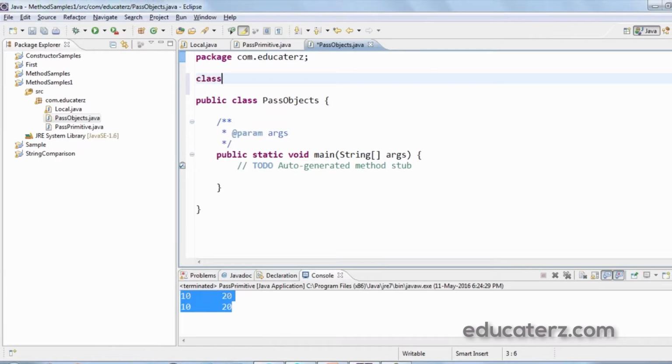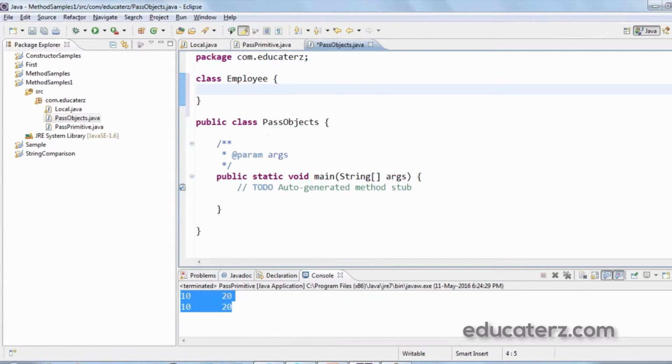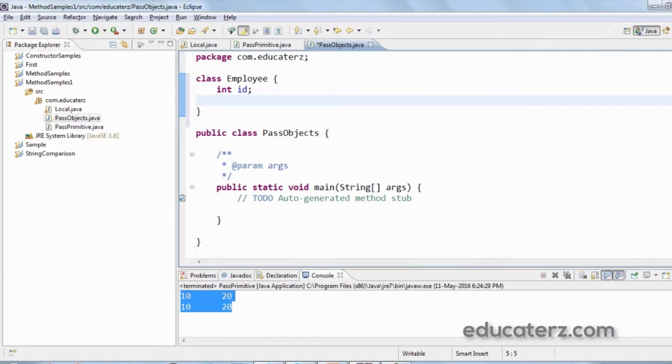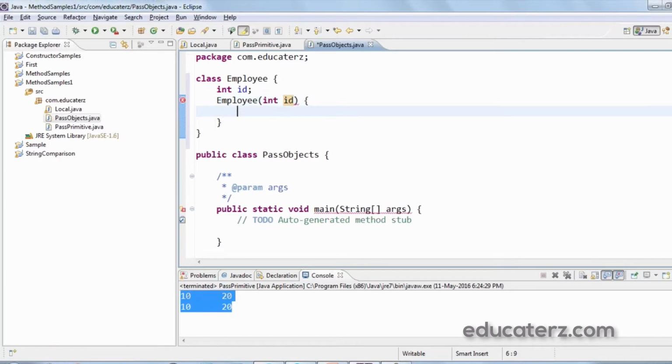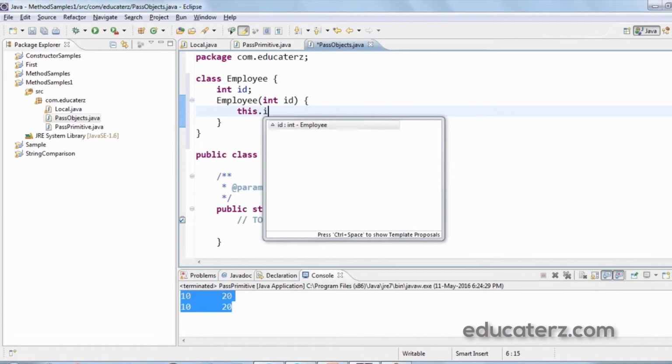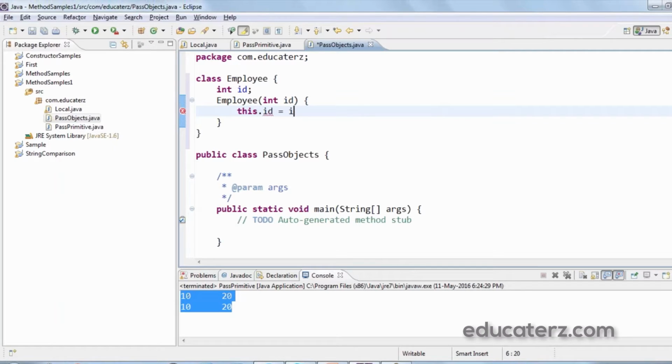So let me create a class called Employee, within which I have a value id and a constructor which initializes this id value. The local variable id, this.id equals id. So a class is ready from which we can create objects.